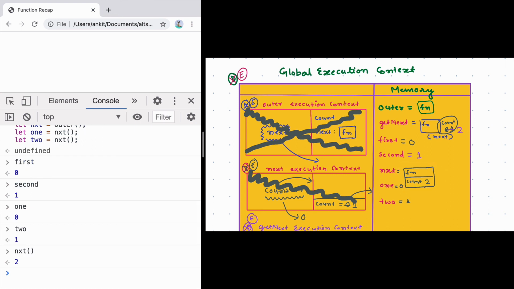In this way, we got to learn about a new concept known as closure. And closure only gets created when you return a function definition from another function. So whenever a function is being returned from another function, it carries the environment around it. In our case, it was a variable named count. So it carried it with itself in a box or a bag, and that bag is known as closure.